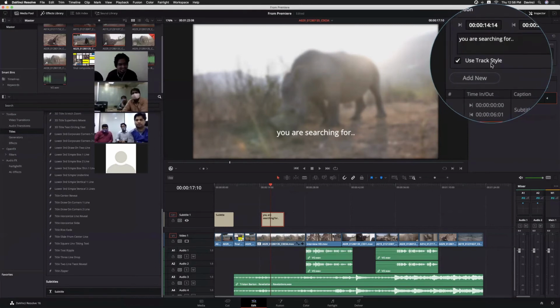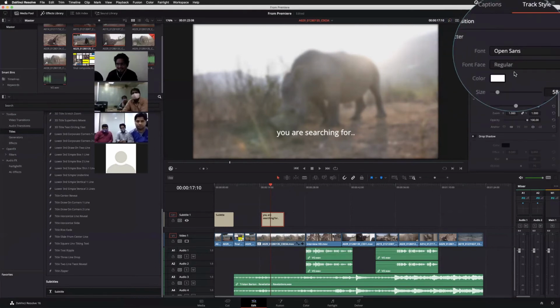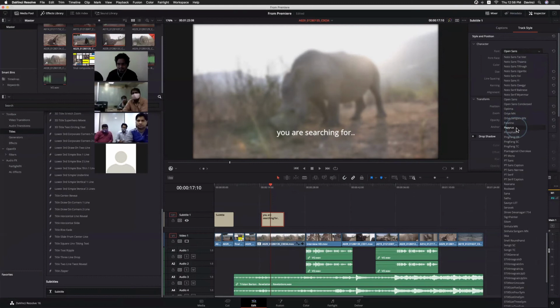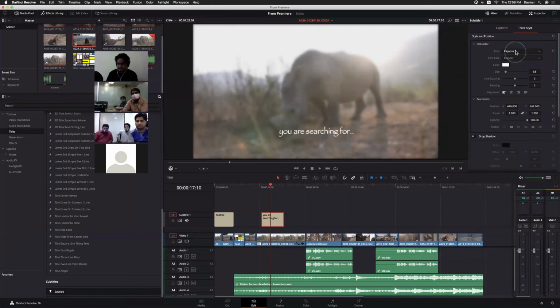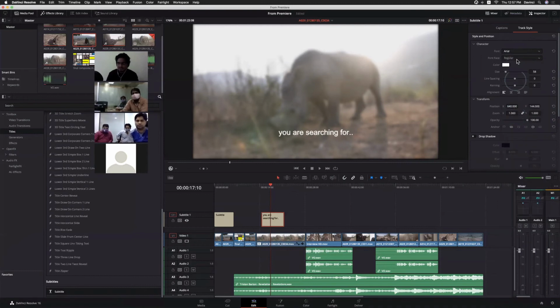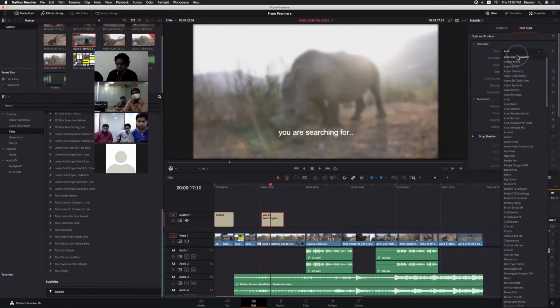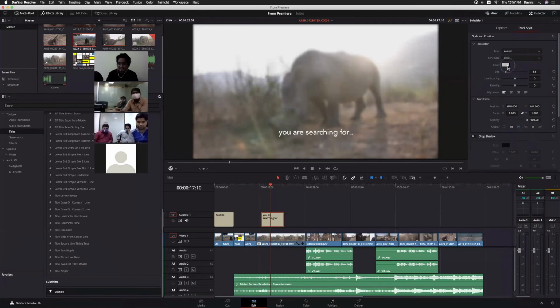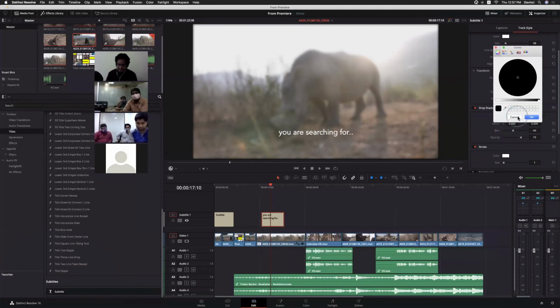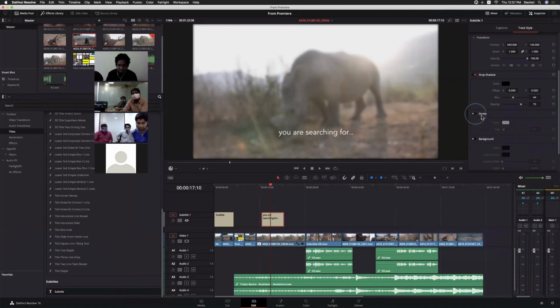If you want to make changes to that, simply select track style and you have regular text options like the font and everything. Anyway, we don't use these kinds of fonts. Let's stick with the basic Arial one. Regular. I'm just using Avenir, and the color and everything. The stylizing options, you will see everything. The drop shadow, if you want to add the drop shadow, color of the drop shadow. Stroke, if you want. I just don't want the stroke.